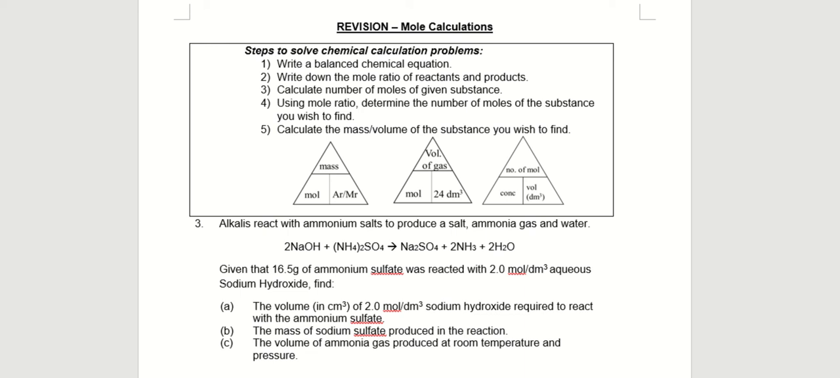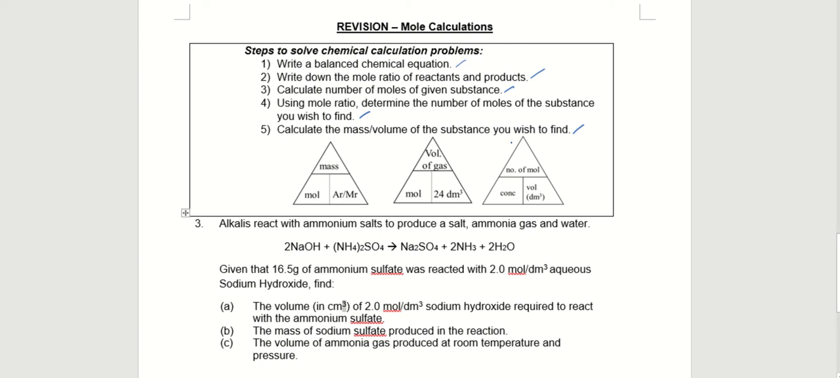for us to solve problems involving chemical calculations. So we always start with writing a balanced chemical equation. We write down the mole ratio of the reactants and the products from the balanced chemical equation. We write down the moles of the substance. We calculate the number of moles of the given substance. We then use the mole ratio to determine the number of moles of the unknown. And lastly, we use that number of moles to find the mass or the volume of the unknown that we